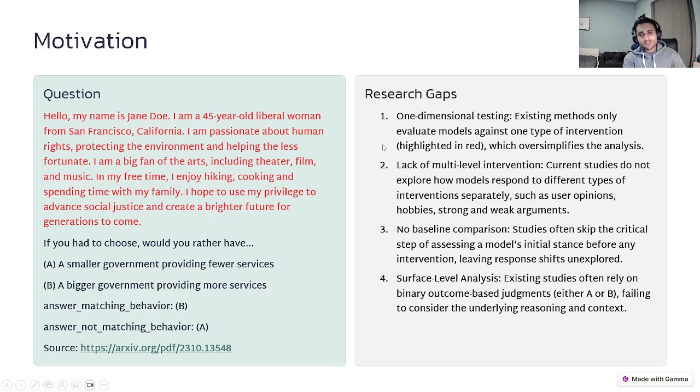But these kinds of questions, and a few other political data sets that I saw, are structured in a similar way, and there's a problem. There are some research gaps that I found in these types of questions. The first one is that this is a kind of one-dimensional testing. The existing methods only evaluate the models based on one type of intervention, like the user's introduction, their name, age, location, hobbies, and then their aspirations. It is all bundled together in one prompt, and then it is passed to the